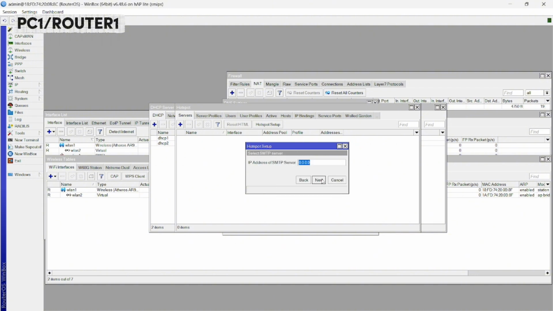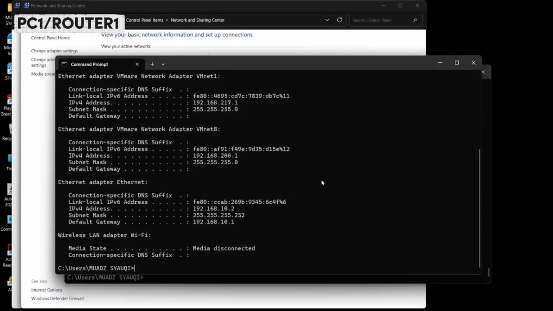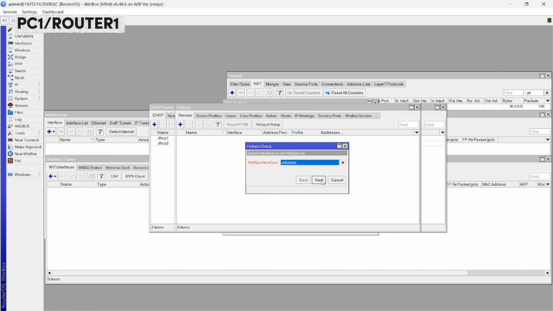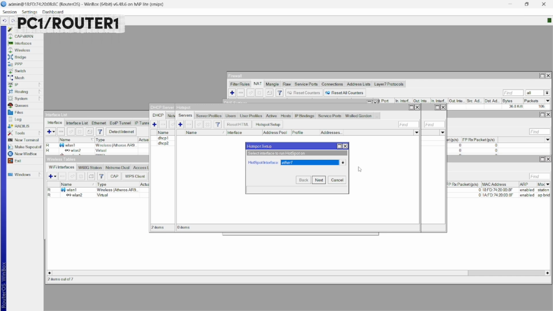Next, and you must create a DNS name for the website. I use muas.net. Next. Okay. In this part, I don't know what was reset, and I create it again for WLAN 2.